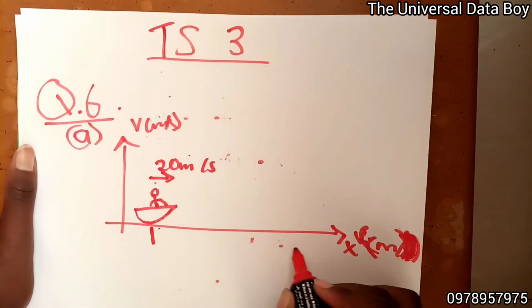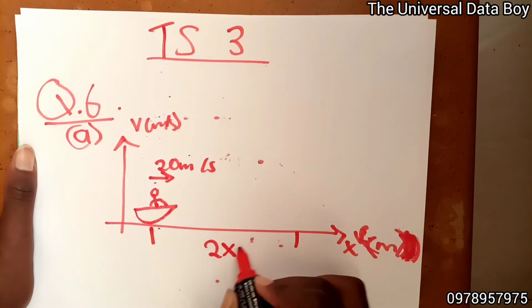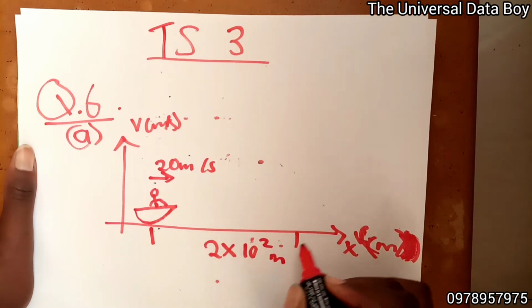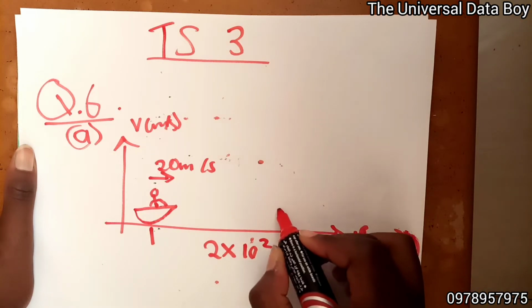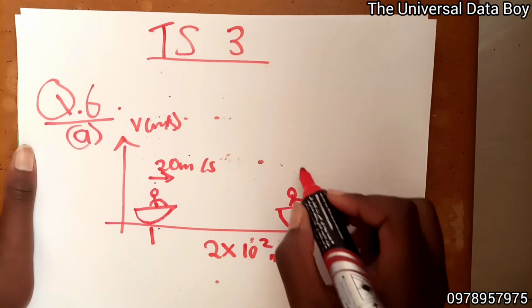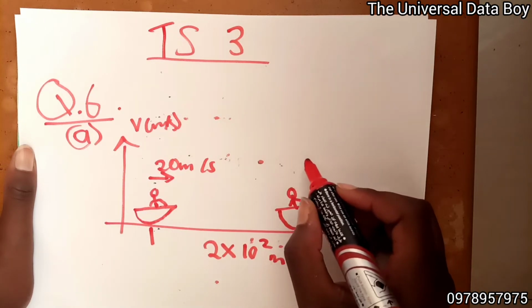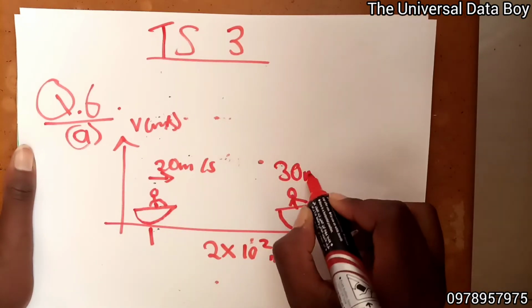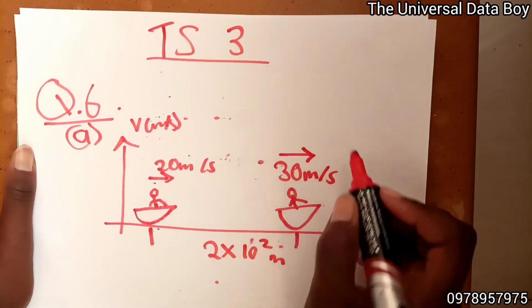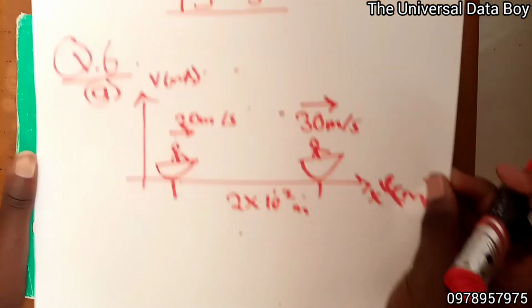Then over a distance of 2 times 10 to the power 2 meters, it is going to accelerate to a speed of 30 meters per second. These arrows are just labeling the vectors to say they are going this side. Then for part B,